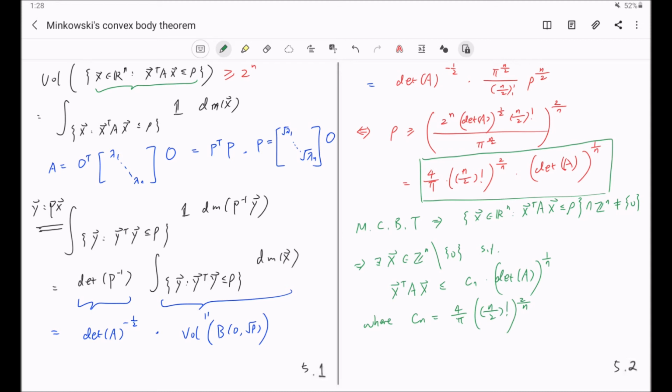And this completes the proof of Hermite's theorem